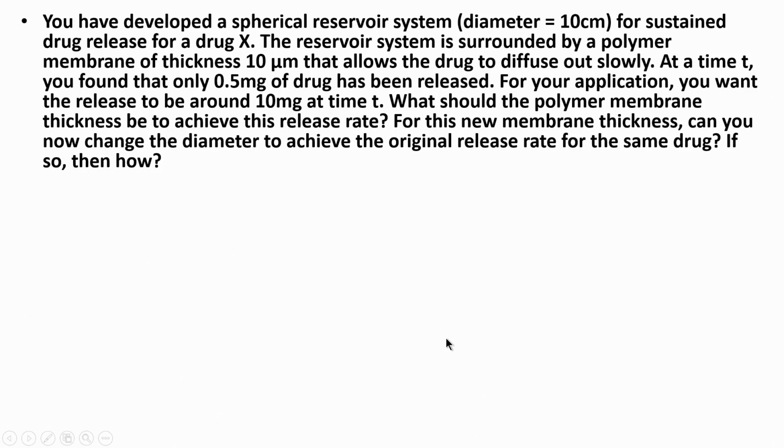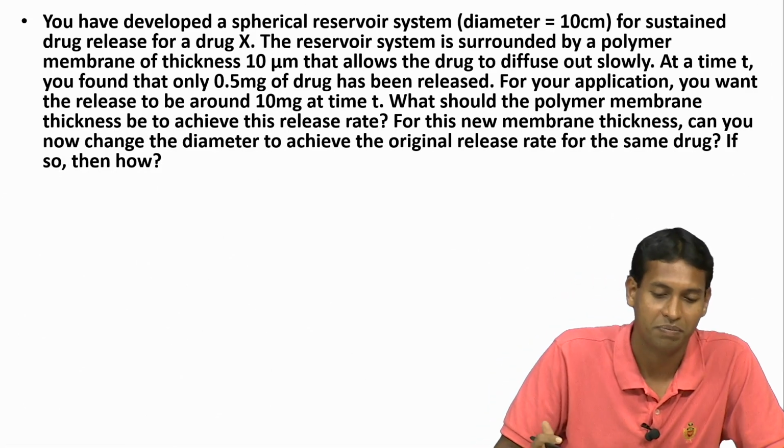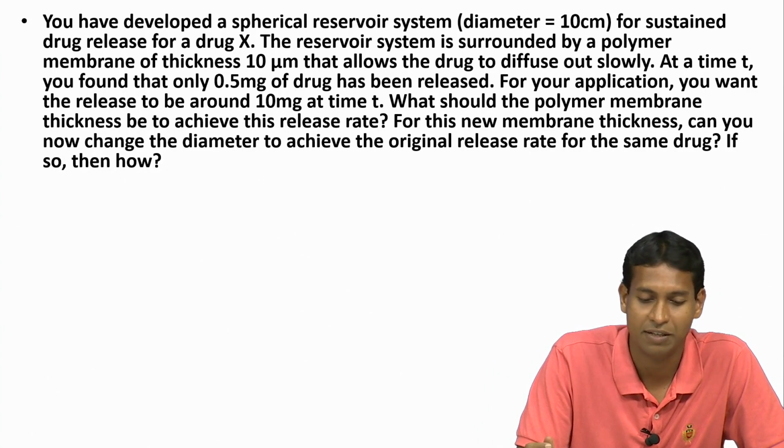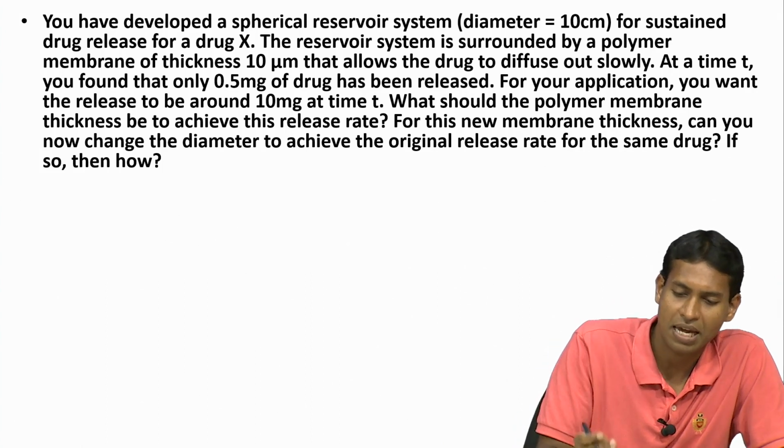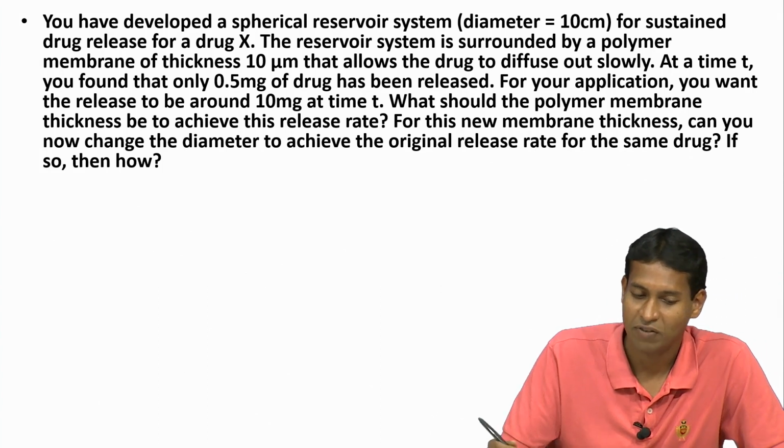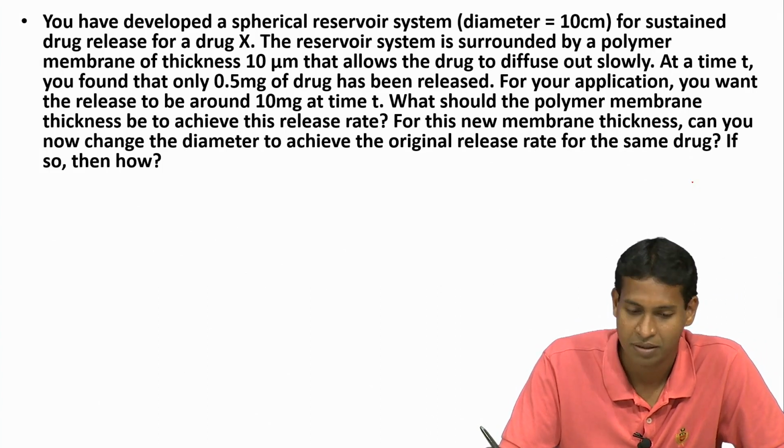Okay. So let us look at the fourth example now. Let us see what this example is. This is more on the reservoir system. We are moving further towards the middle of the course, and let us see what they are saying. So, they are saying we have developed a spherical reservoir